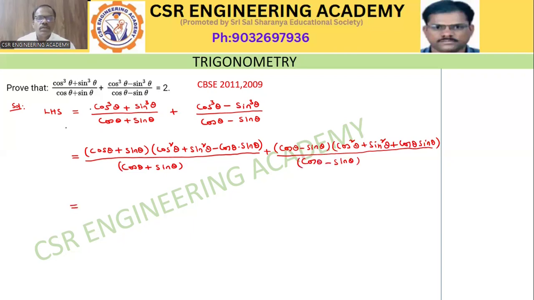here cos theta plus sin theta cancel, cos square theta plus sin square theta minus cos theta sin theta, plus here cos theta minus sin theta cancel, cos square theta plus sin square theta plus cos theta into sin theta is equal to cos square theta plus sin square theta is equal to 1 minus cos theta sin theta plus cos theta sin theta cancel, cos square theta plus sin square theta is equal to 1, that is plus 1 is equal to 2